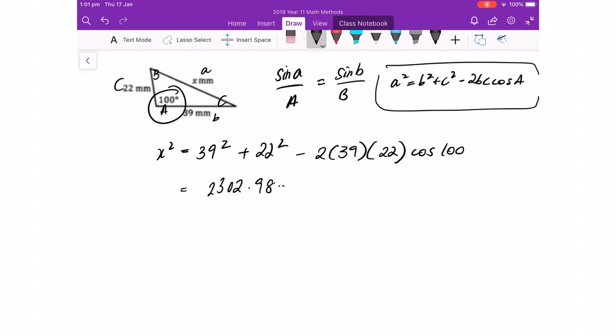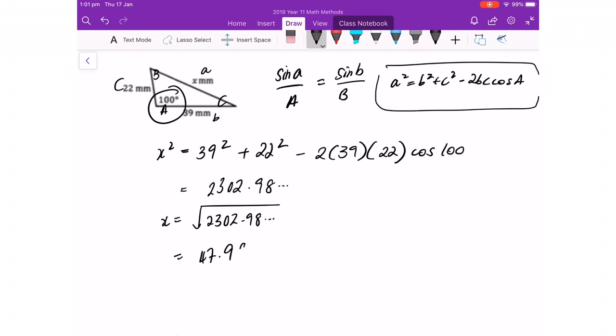That's going to give me 2302.98. I like to put the three dots just indicating that I'm using the whole number that's in my calculator. In your calculator, you should probably have something like 2302.980273. So I've got that in my calculator at the moment, and I'm going to find the square root of that. Square root of 2302.98 and so on, indicating I'm using the whole number. Square root that, my answer is going to be